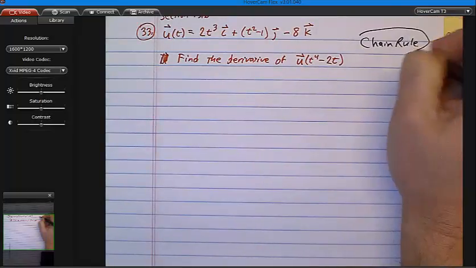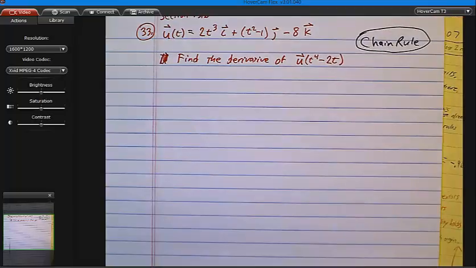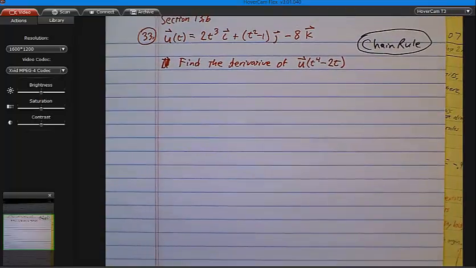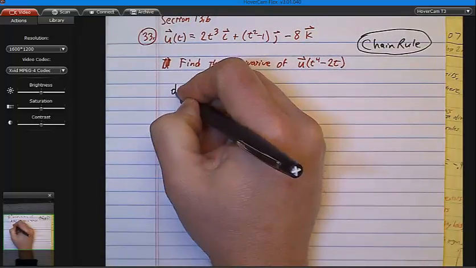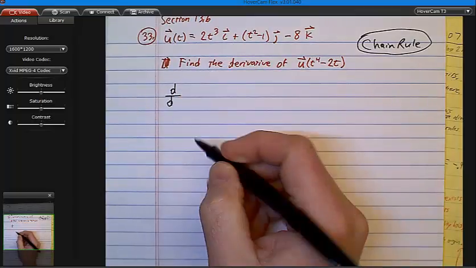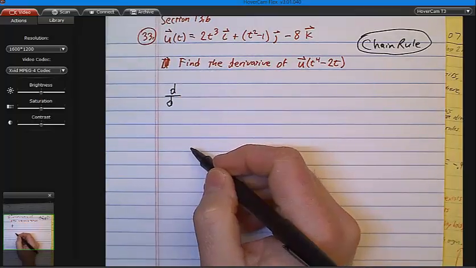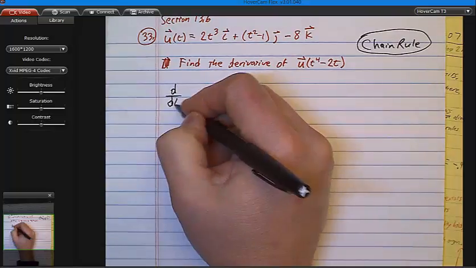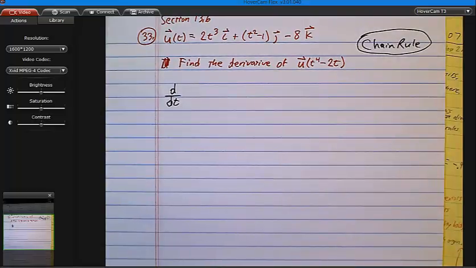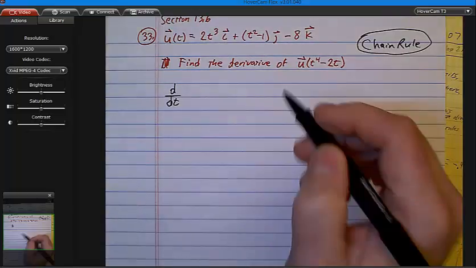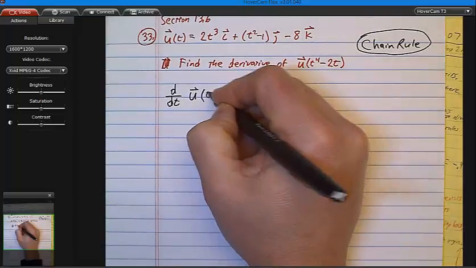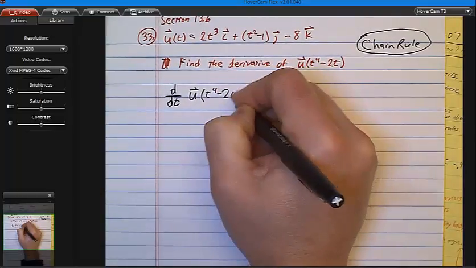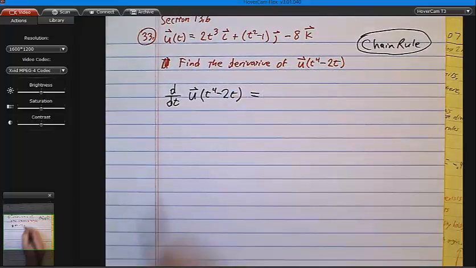Which is cool. We're going to come back to the chain rule again next week? Maybe, yeah, might be next week. Maybe the week after. So I won't say too much, but I'm going to say that I'm taking the derivative with respect to what? T, I agree. It's kind of like we used to do d dx quite often in Calc 1, right? So d dt of u of t to the fourth minus 2t is going to equal